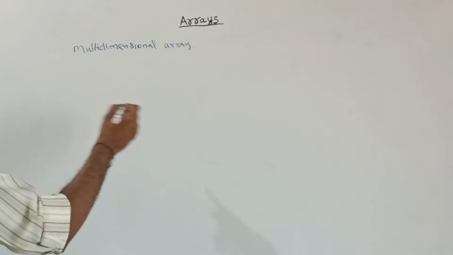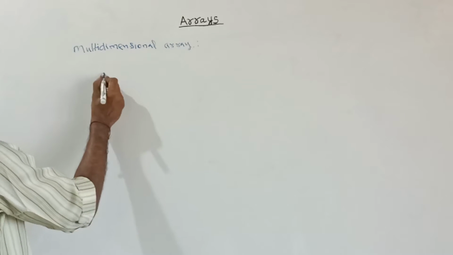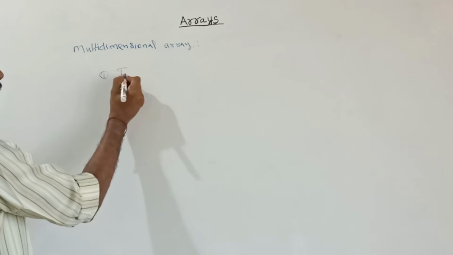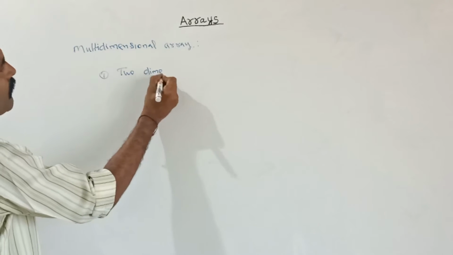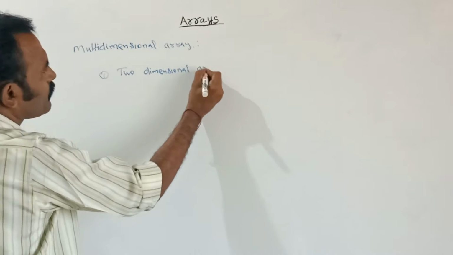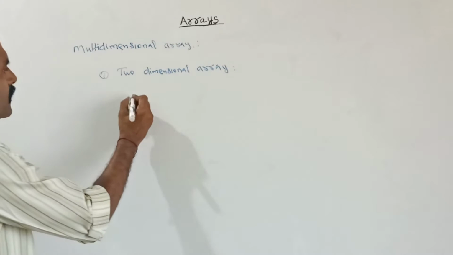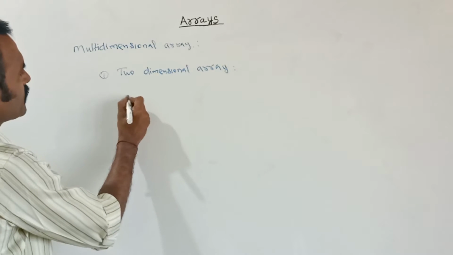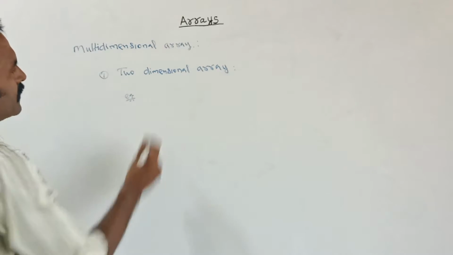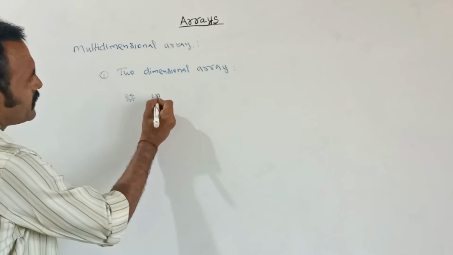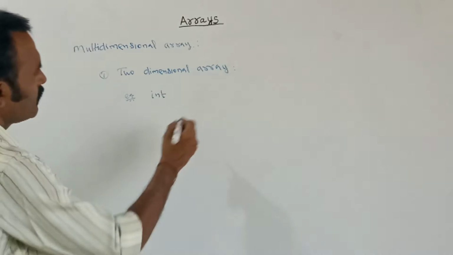In a multi-dimensional array, we are going to see the two-dimensional array. In the syntax example, first the data type integer, next the variable name,